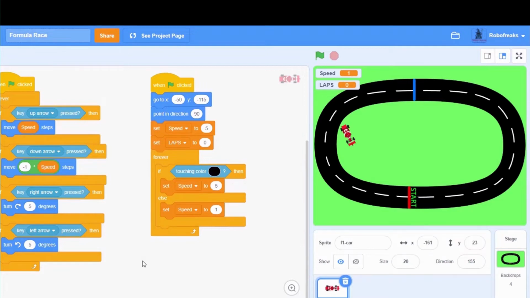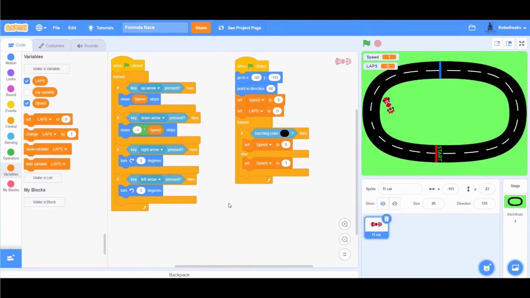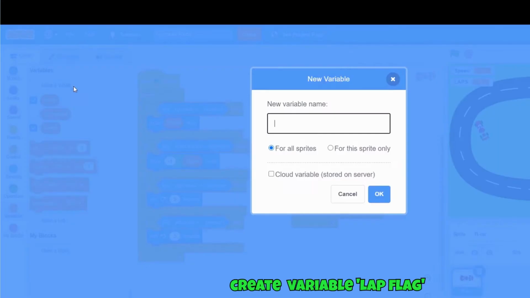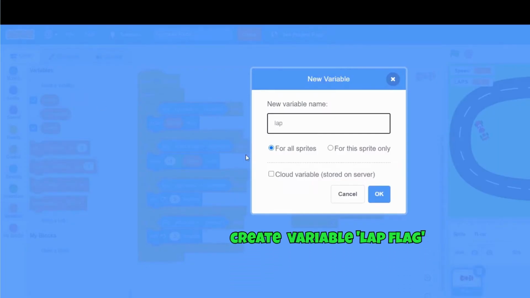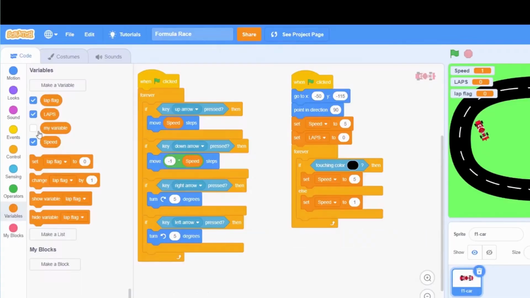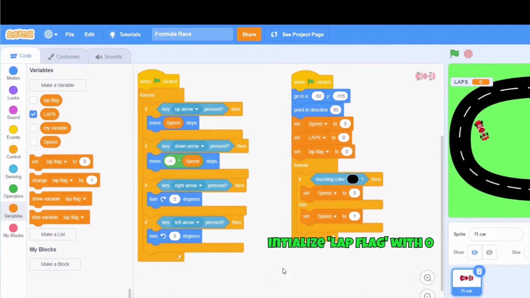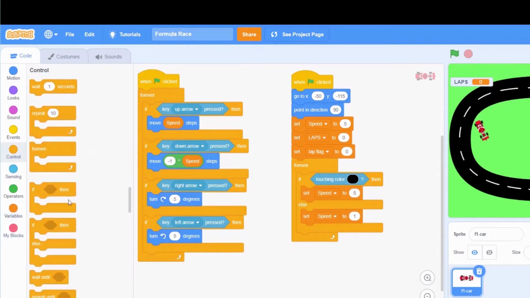Hopefully you understand the logic. I will show you how we implement this in code. I will create another variable called lap flag. This will be 0 initially, indicating that the car is at starting position.